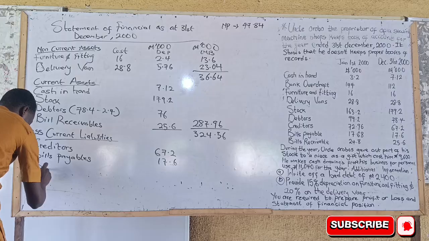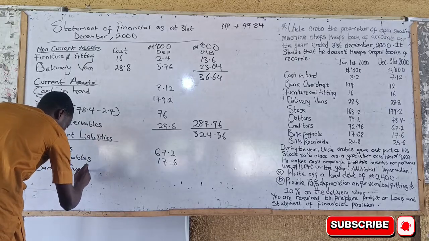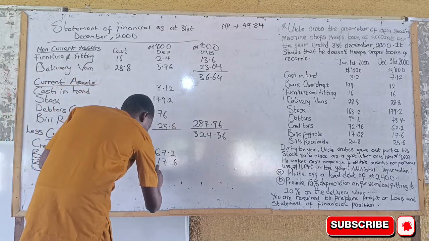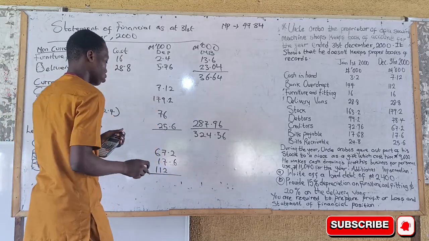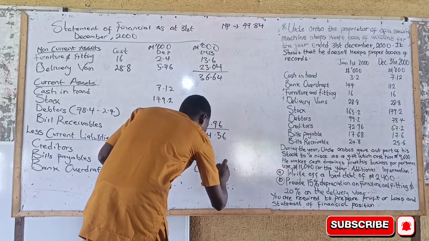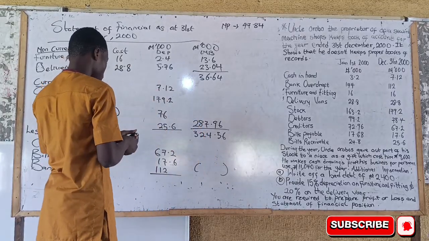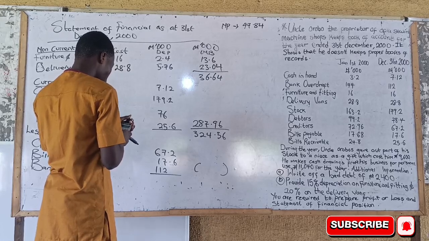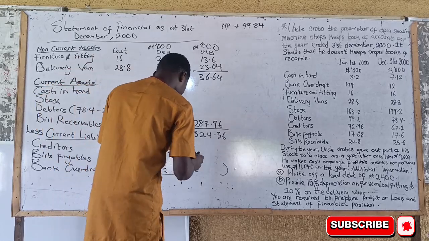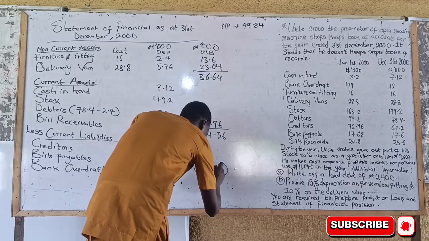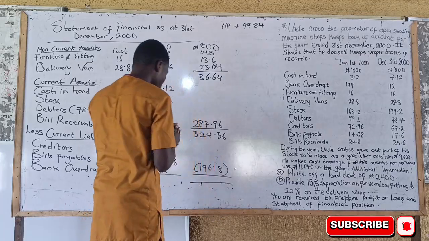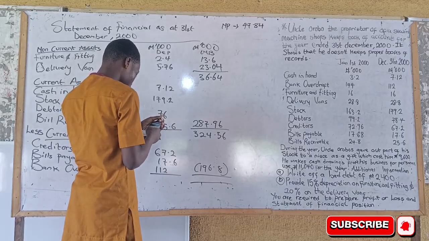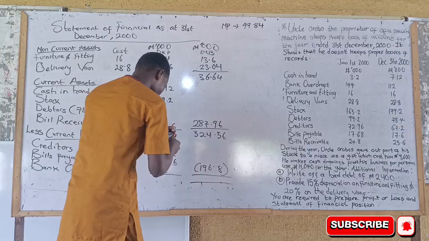Then bank overdraft, that is 112. So the addition of all this, 67.2 plus 17.6 plus 112, we have 196.8. So we less that from 324.56. So that is